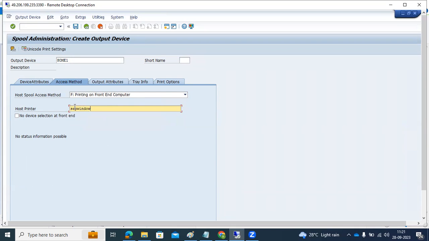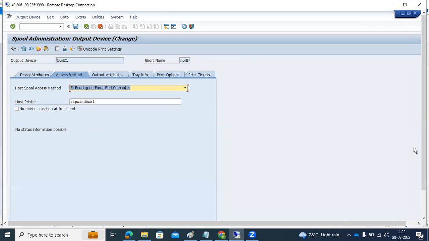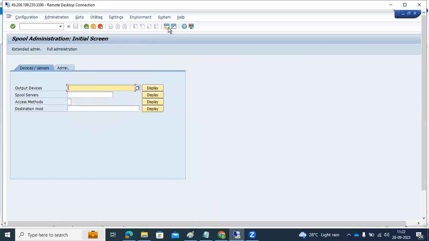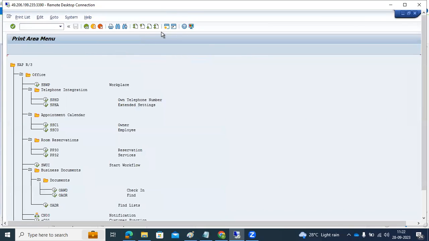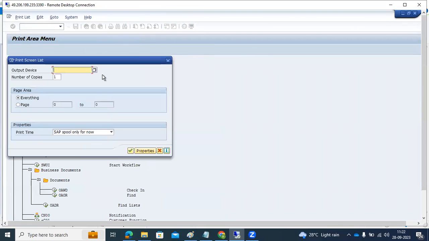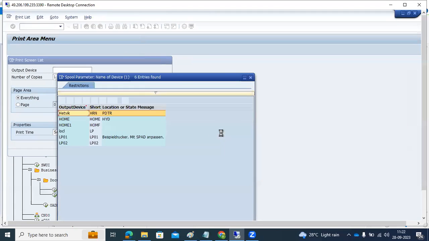SAP Windows 1, right? You have created the home printer. Now let me try to print. I will give the print here again. Let me try to print my home page here. Here what I will do, I'm printing here. I will use the home one now, right? So, but when I click the home one here,